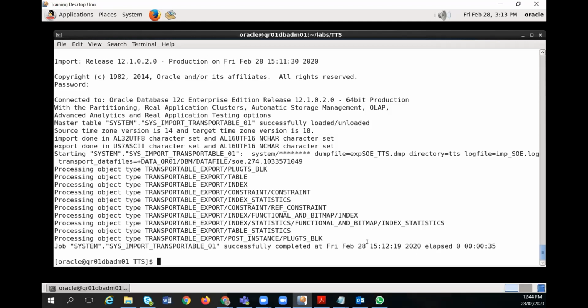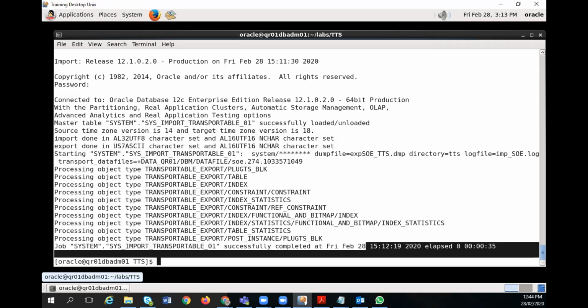So it's done. Got it? So successfully you have migrated your data from the AIX to the Exadata machine with the help of transportable tablespace.